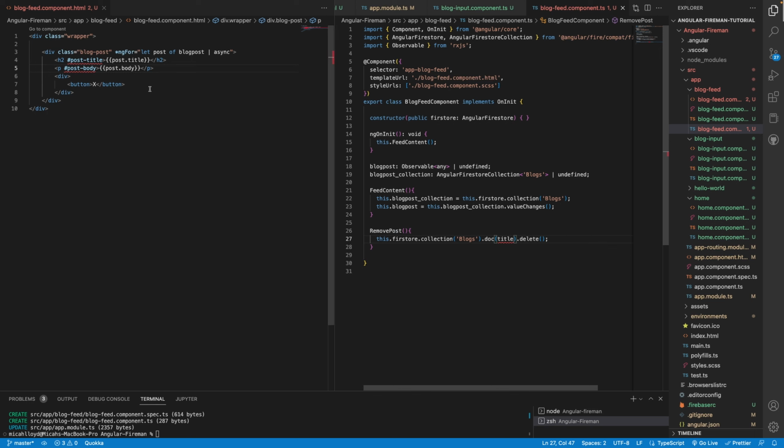However, right now it does not know what title is, so we have to make it understand what title is. So, first things first, on the button itself, we need to add a function, so we're going to add a click event. So on click, we want it to run removePost. I know how to spell. Alright, and then we're going to pass in the title of the document that we actually want to edit. So we're going to do post-title,